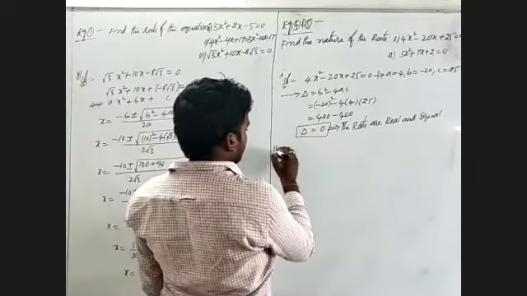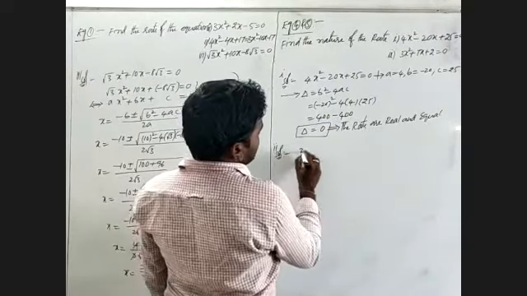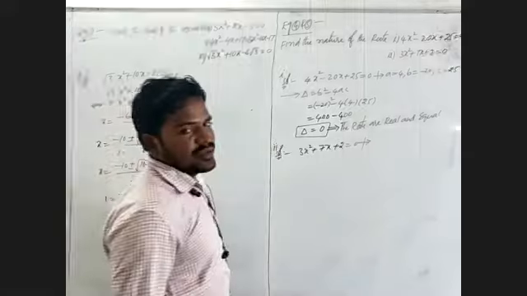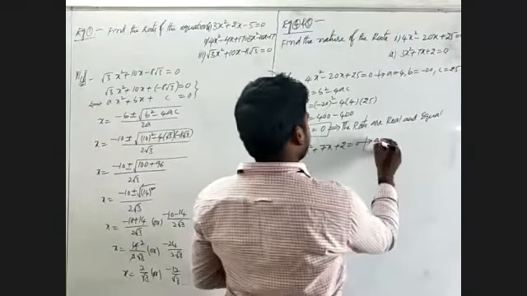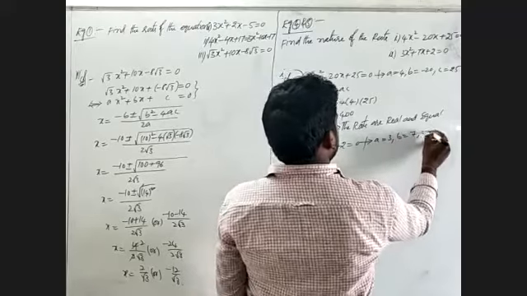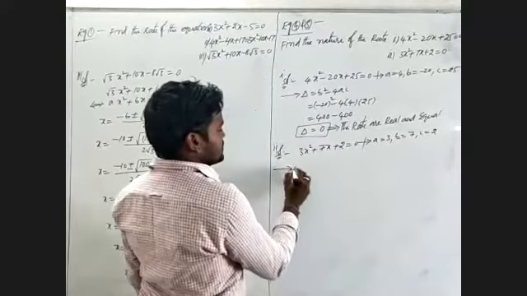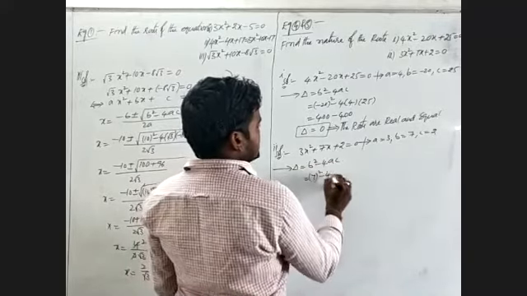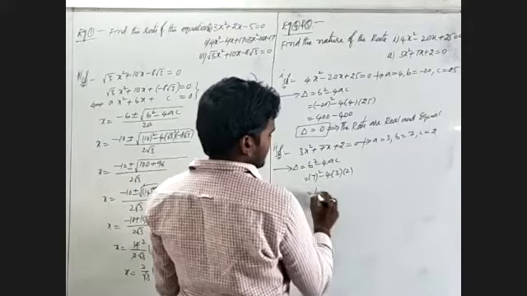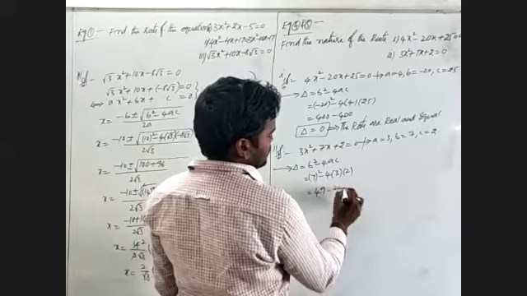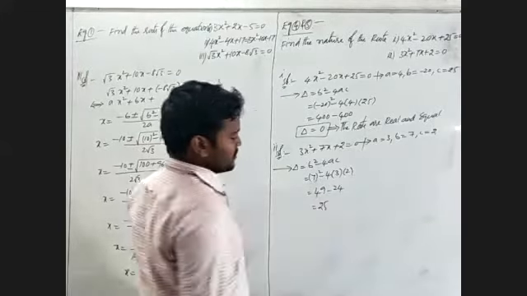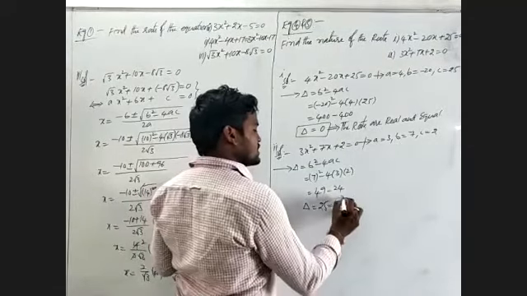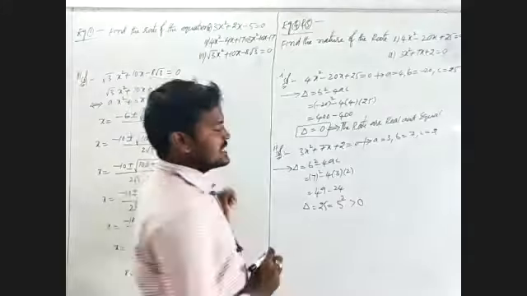Now I am going to the second one. That is 3x square plus 7x plus 2 is equal to 0. Here also we'll write the values: a is 3, b is 7, c is equal to 2. Delta is equal to b square minus 4ac. That is 7 square minus 4 into 3 into 2. That is 49 minus, 4 3s are 12, 12 2s are 24. That is the value 25. We observe delta is equal to 25. 25 we can write as 5 square, which is greater than 0.